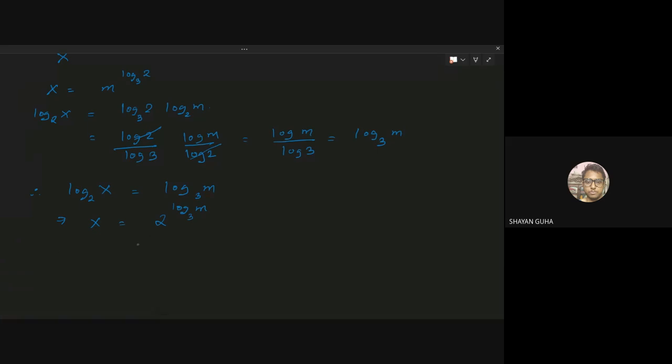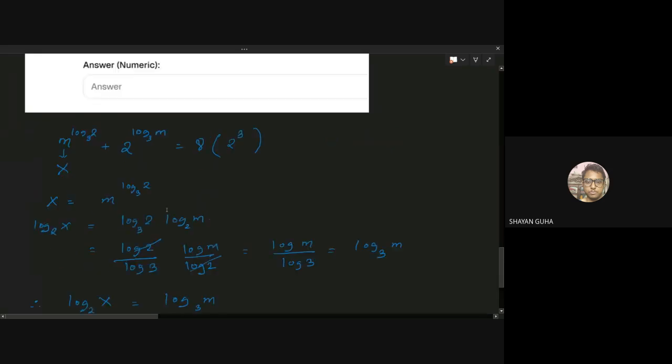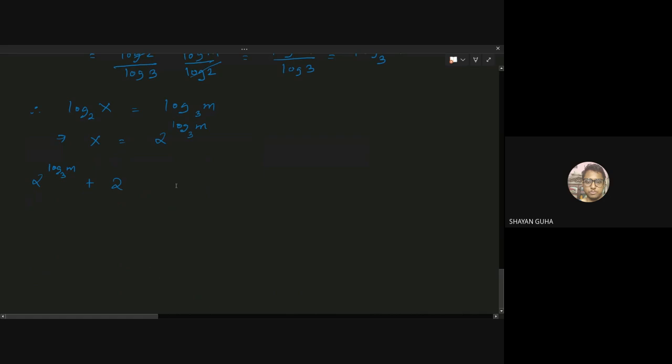So now since x has been computed, I will substitute the value of x. So what I will get is 2 to the power log m base 3 plus 2 to the power, another part was 2 to the power log m base 3. This is nothing but 8. So we can see that both the terms are same. So we can write it as 2 into 2 to the power log m base 3 equal to 8. This can be simplified as 2 to the power